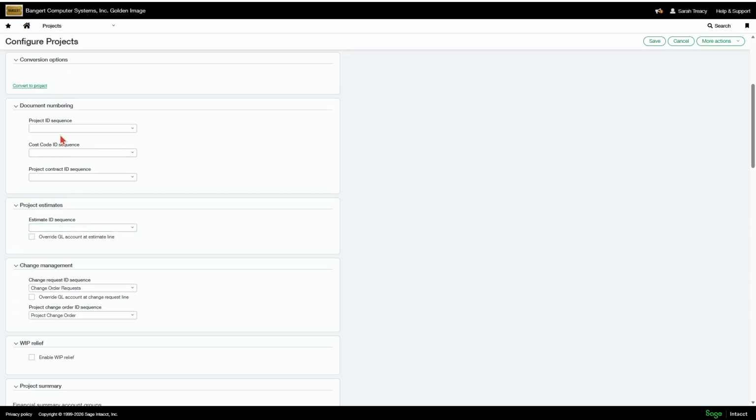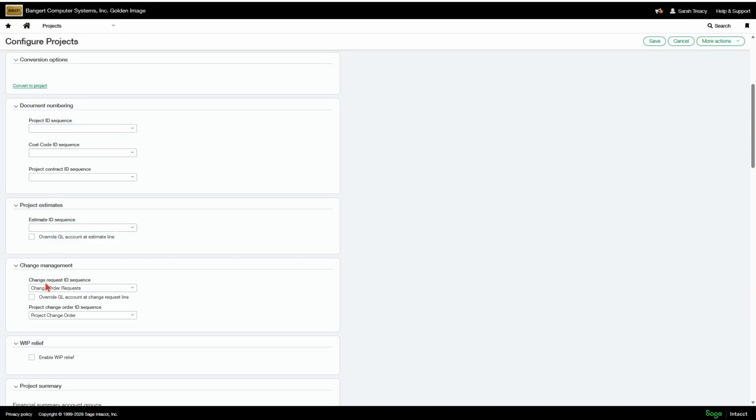If you put in a sequence, Intacct is going to automatically generate that ID for you, and we see typically that people do not want that to happen. So if you leave it blank, then it will not generate the number. You're going to manually have to type that in. So people will want to manually type in the ID for their projects. We see them do like typically a 2-digit year dash and then some numbers. And you'll probably want to keep your project contract and your estimates in line with that numbering structure. So we do recommend leaving them blank.